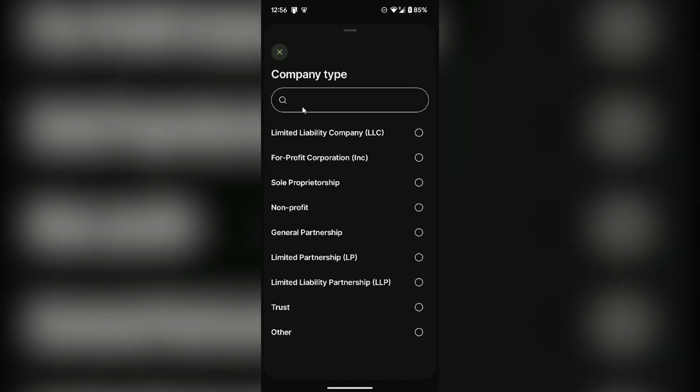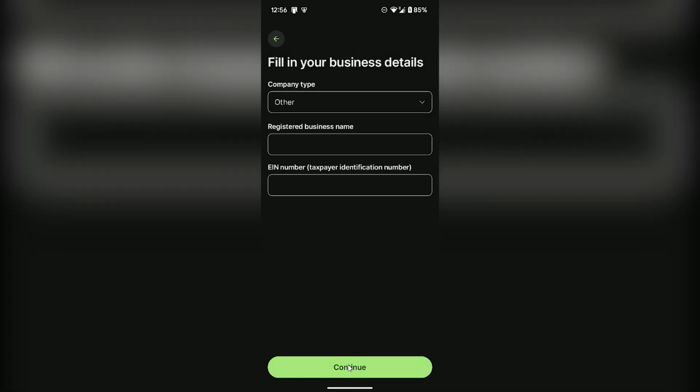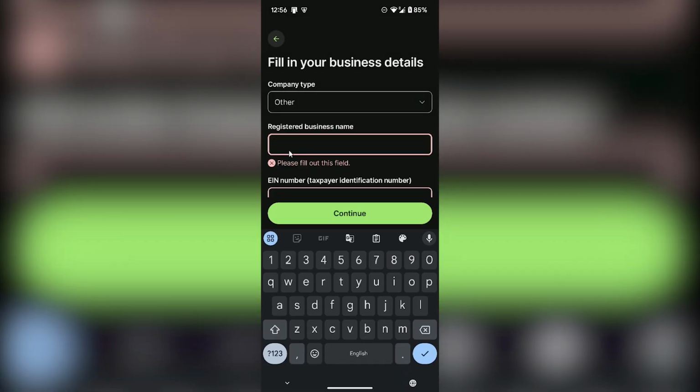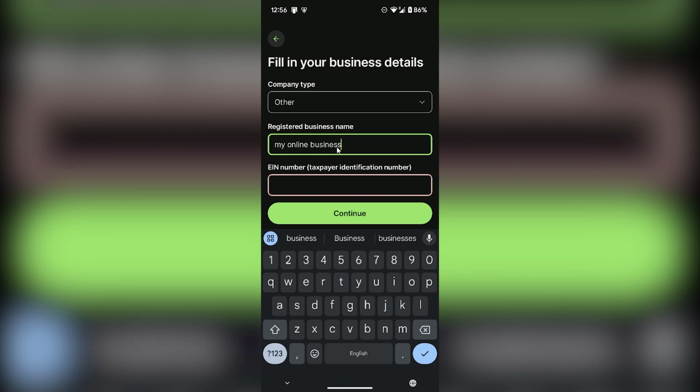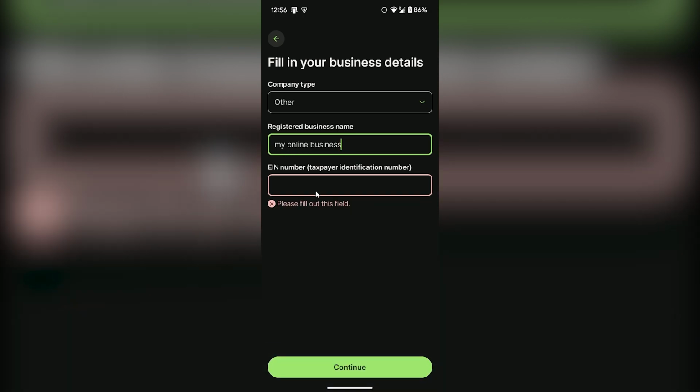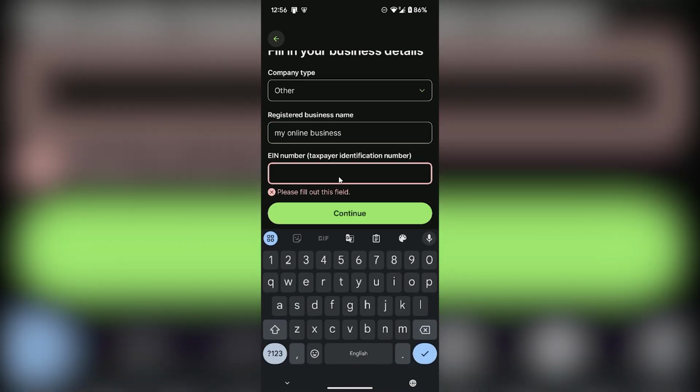You have to choose your company type. I will select others. You have to enter your registered business name. For example, for demonstration, I will type it as my online business. Your taxpayer identification number or TIN number, you have to enter your number as well, and after that you have